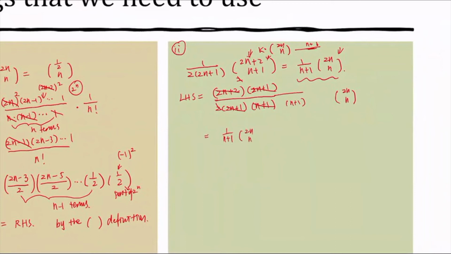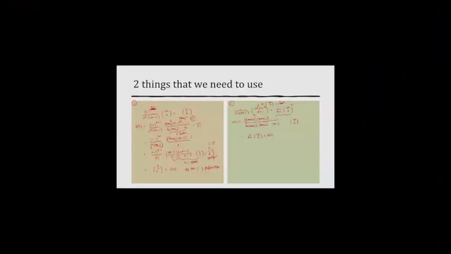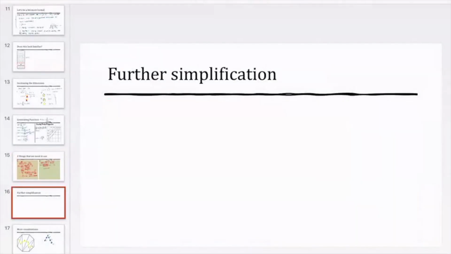Apparently we can see that. Okay, let's go to the further simplification part. Just a recap from the generating function, we have c of x is equal to 1 minus the square root of 1 minus 4x divided by 2x. Okay. We take the first part out first, and then for the second part,